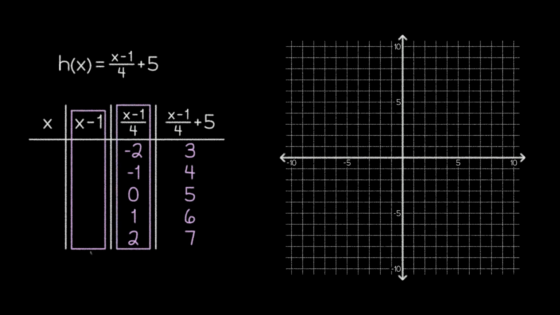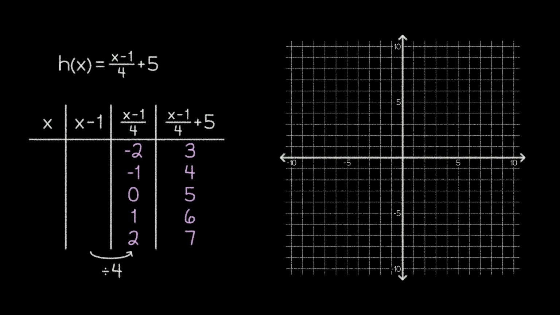From the second column to the third column, the key change happening is that we're dividing by 4. So our goal is to figure out what numbers should have been in the second column before we divided by 4. Well, that sounds like a job for inverse operations, which means that when we work our way backwards, we need to do the opposite of dividing by 4. So let's take our numbers from the third column and multiply them by 4, which gives us the values that belong in the second column.